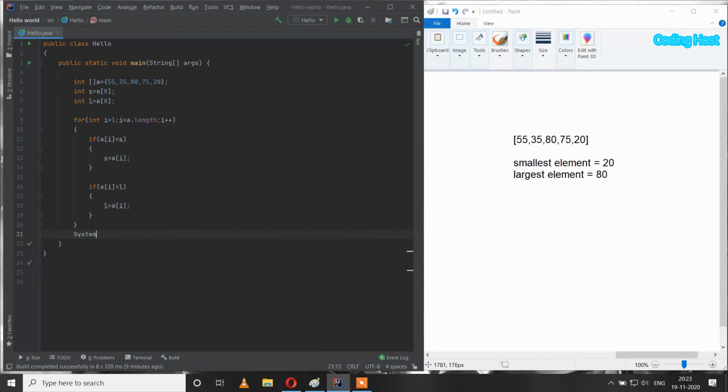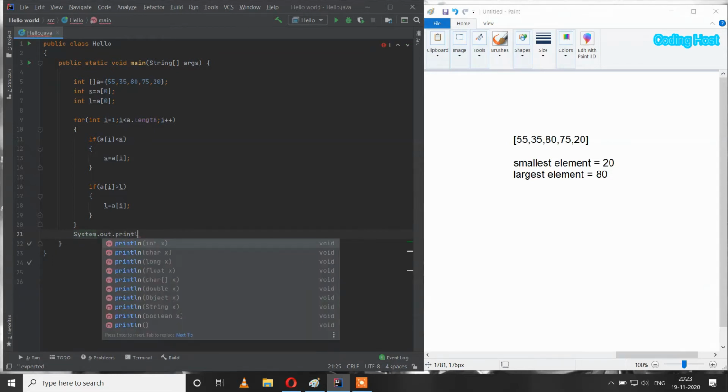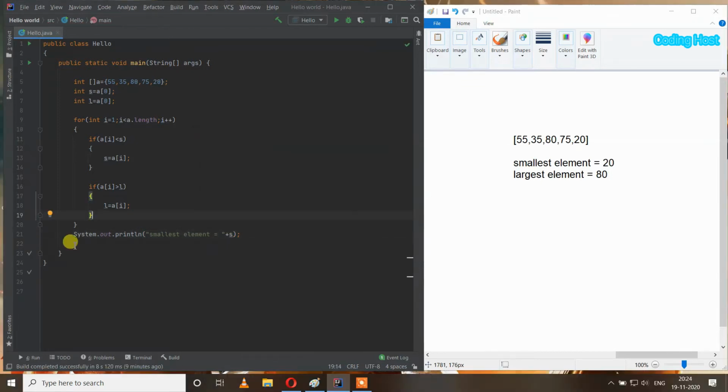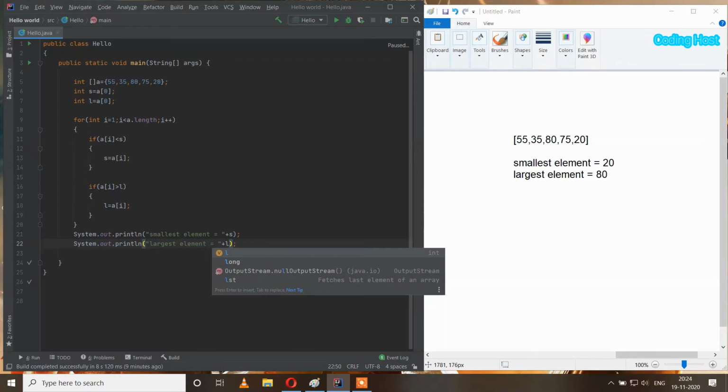So I will write System.out.println, in which I will write "smallest element equal to" plus s, and we have to write the same for the largest element: "largest element equal to" plus l.